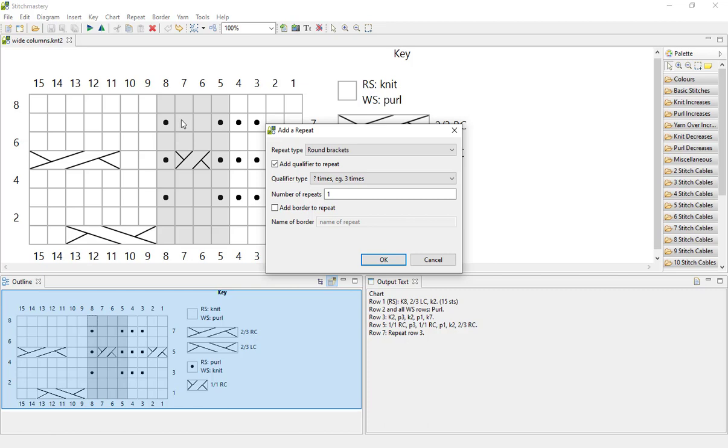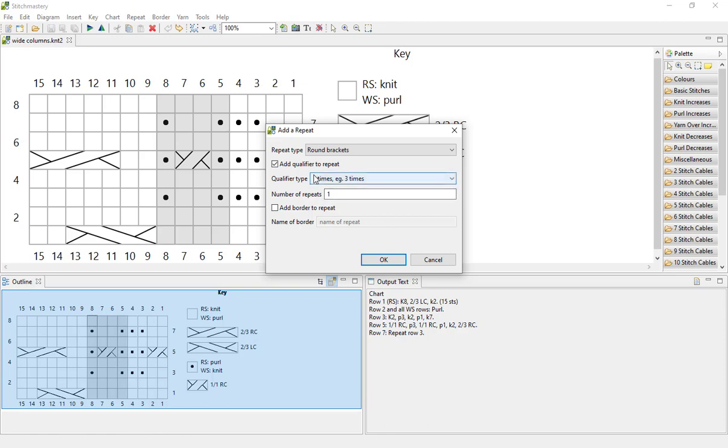Only one size, and you've put in the repeat to make your chart smaller on the page by condensing stitches that are being repeated. On the other hand, if you're designing something that will be published with multiple sizes, so for instance maybe a hat or a garment or a pair of socks, and you will have different sizes, then you can indicate that here by writing in different numbers, and that will mean that your output text instructions give you that right instruction from the offset. You don't need to go back in and edit them to say how many different sizes and how many times to repeat something for each size.